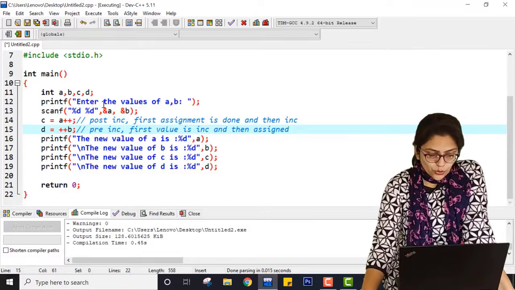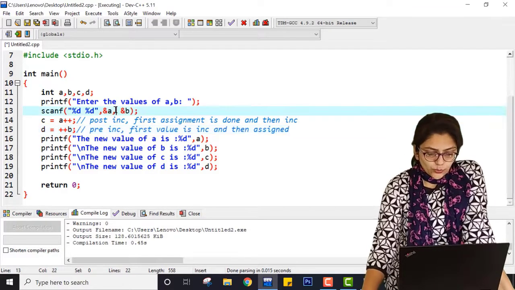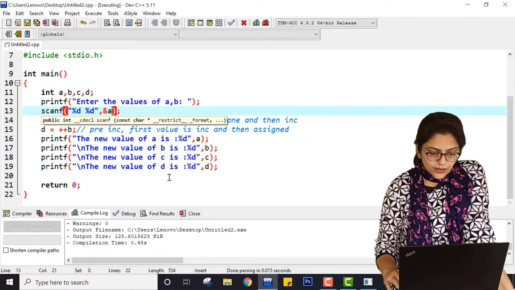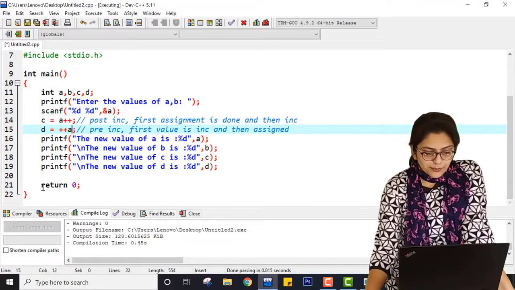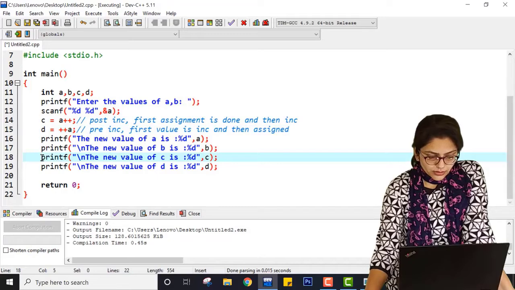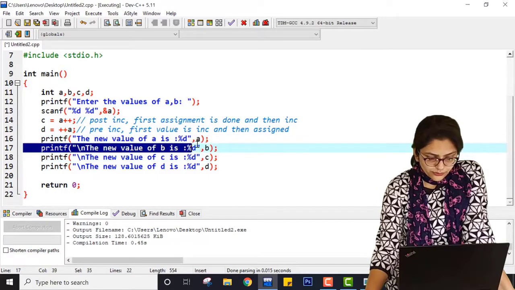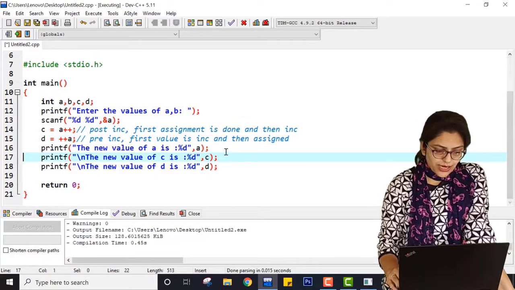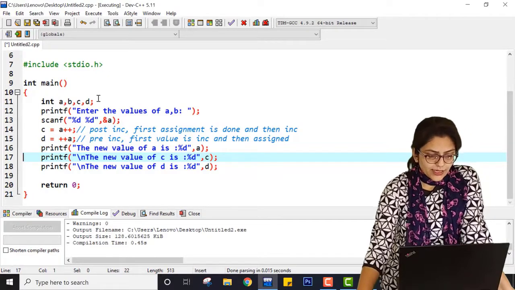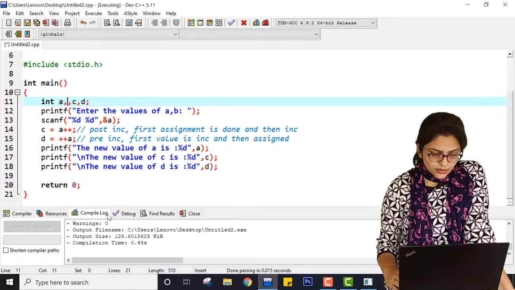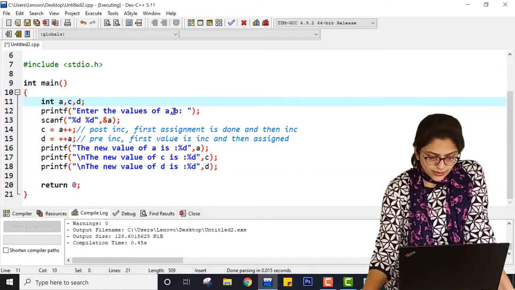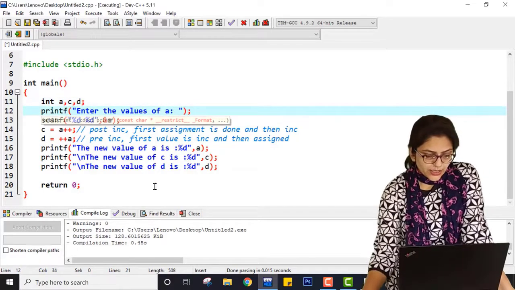Now let me show you, if I am not taking two variables, I am just taking one value, A's value, and here instead of B I am writing A only, then just guess the answer. Here eliminate B, enter the value of A.